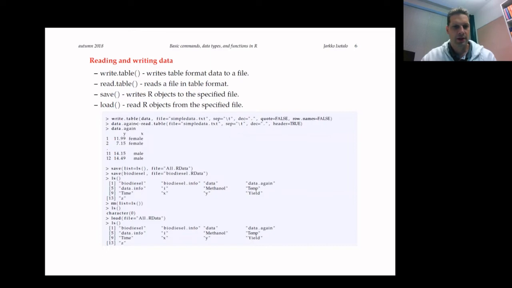So for example, we have our simple dataset which we made last time, which has the variables x and y. If we call that data and we want to write it out from R, then we can use write.table, where we define the name of the file. Usually it makes a lot of sense to write the data in a text file, and then we need arguments like sep, which means how the columns are separated, and also an argument like dec, that is how decimals are